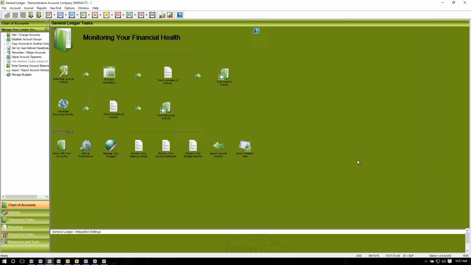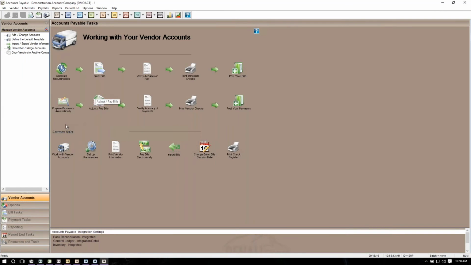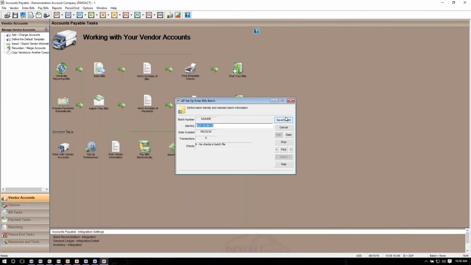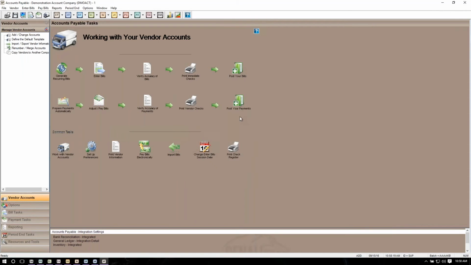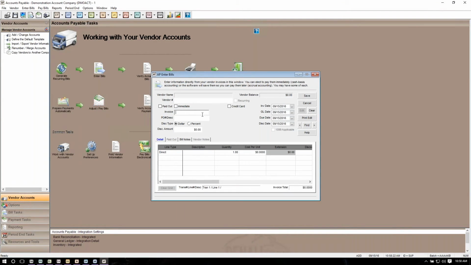You're probably talking about accounts payable or accounts receivable or order entry, either one. Unfortunately, no. The system does allow you to put whatever you want as the invoice number. It does not warn you of that until you post. Because remember, when you're entering current information into the current batch, if I'm entering invoices in accounts payable, for example, or orders in order entry, either way, then I can go ahead and put in my invoice number here. Now that's supposed to technically be what the vendor invoice number really is. But if they don't have one and you're making that up on your own,